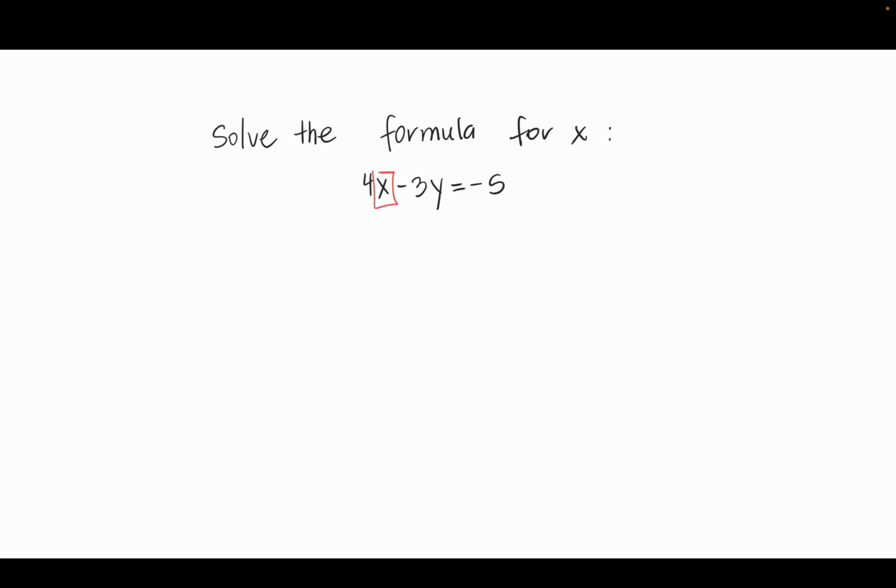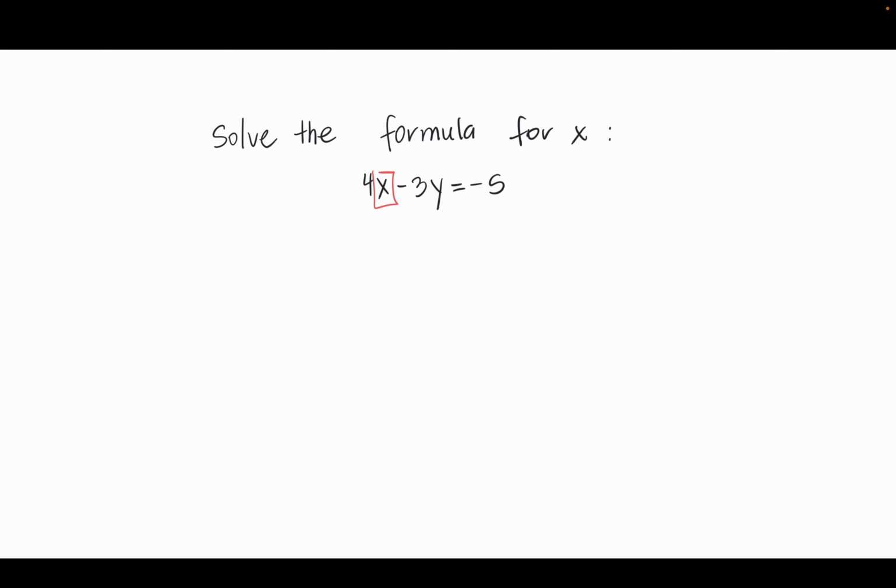Solve the formula for x. 4x minus 3y equals negative 5. When you're asked to solve the formula for a specific variable, what this means is you are asked to get